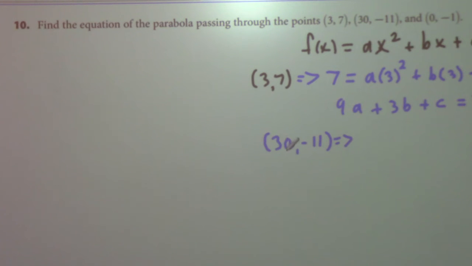This one here, if we plug in 30, what are we going to get as an output? We plugged in an x value, we got a y value in return. We plugged in 3, we got 7. Here, if we plug in 30, we're going to get as our output